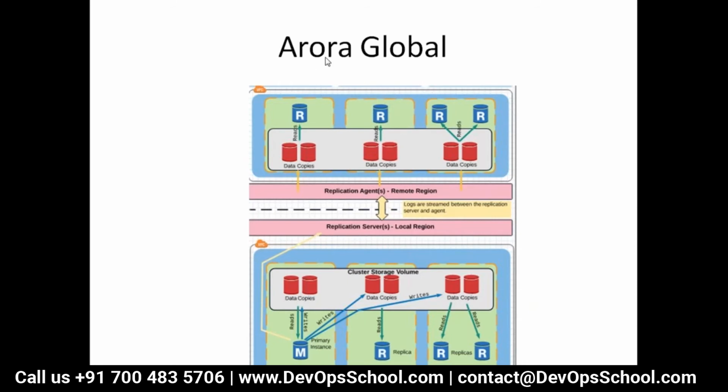Now there is an offering called Aurora Global. What it does is, if you create an Aurora cluster in one region, read replicas will be created in another region. This is called Aurora Global. I just explained the concept of a read replica across region. The same concept is leveraged, but here how the data is structured is a little different. In the background, it will create a data volume cluster. This is a cluster storage volume that will be created. So that is called Aurora Global.